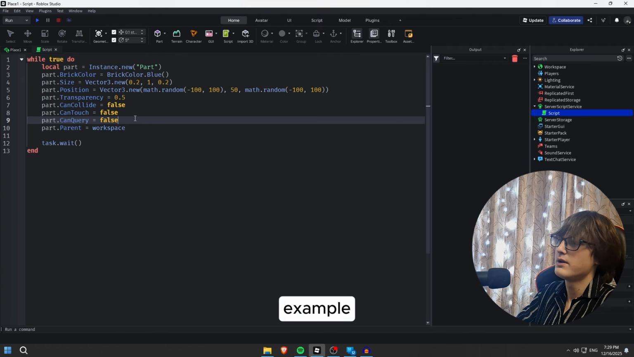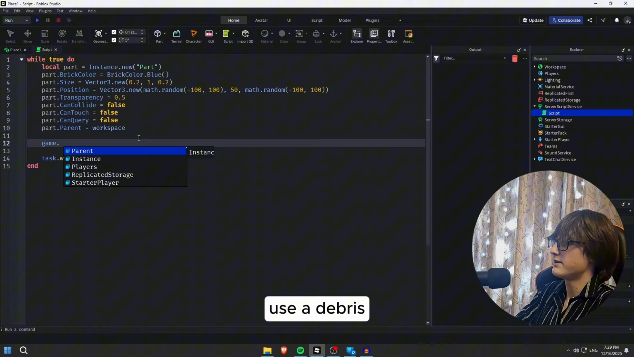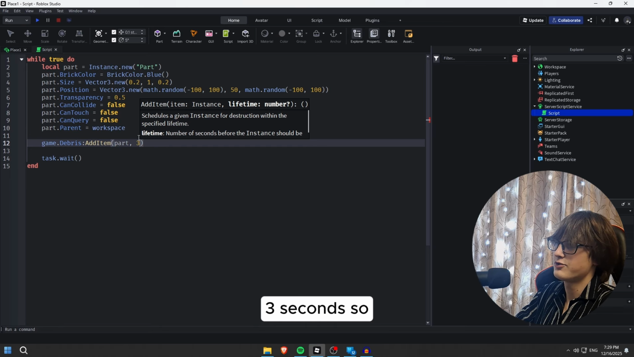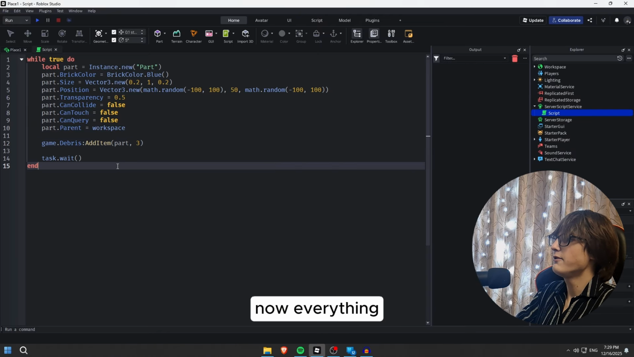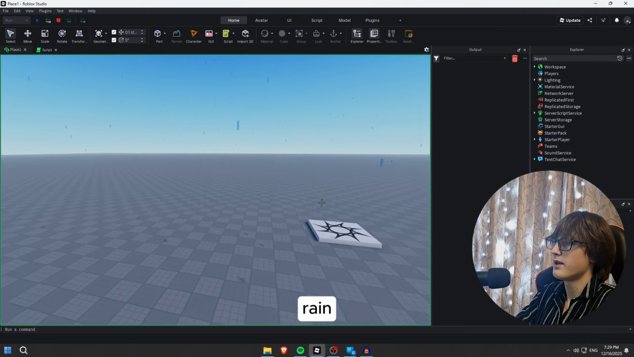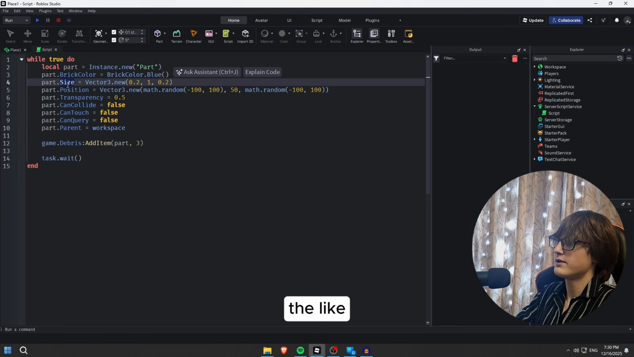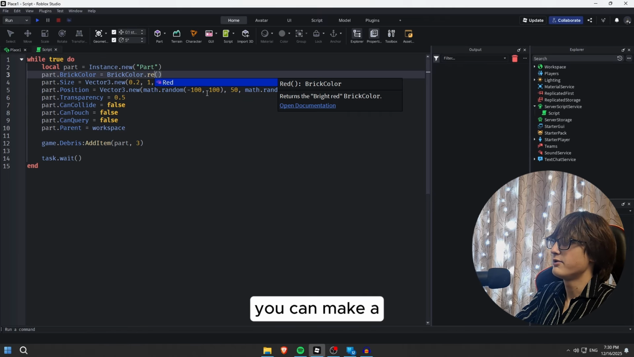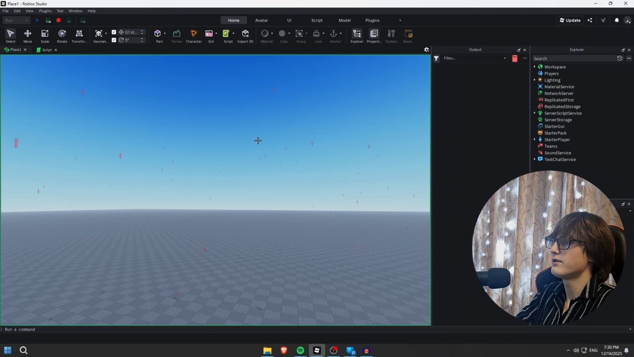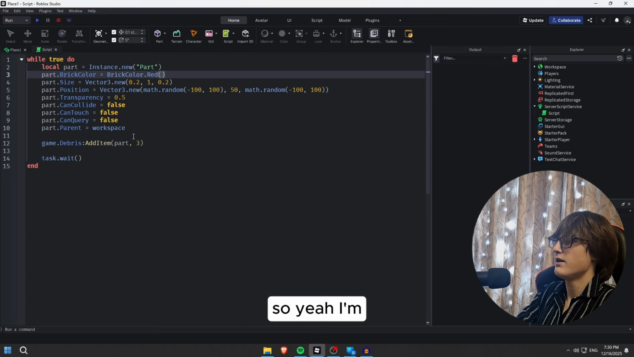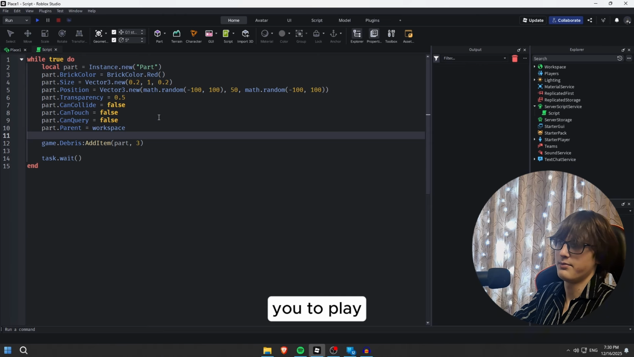I'm gonna use a debris service in order to remove the part after, let's say, 3 seconds. So now everything is optimized and we have a clean rain. If you want to, you can change the water drop size, you can change even the color. For example, you can make a red rain, so it looks like bloody rain or something. So yeah, I'm recommending you to play around with these settings,